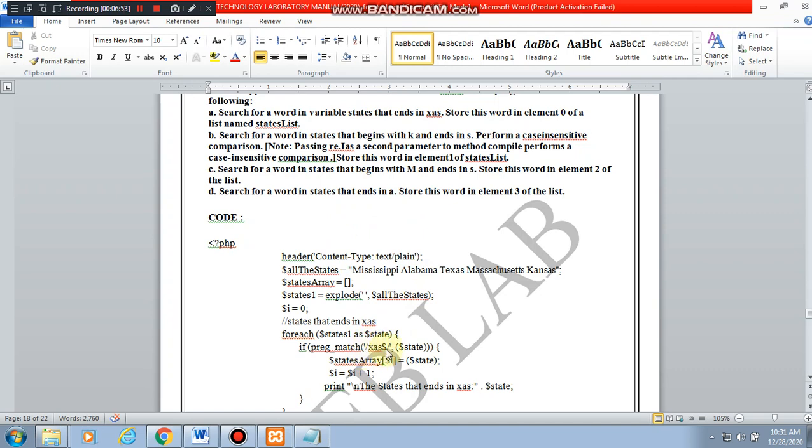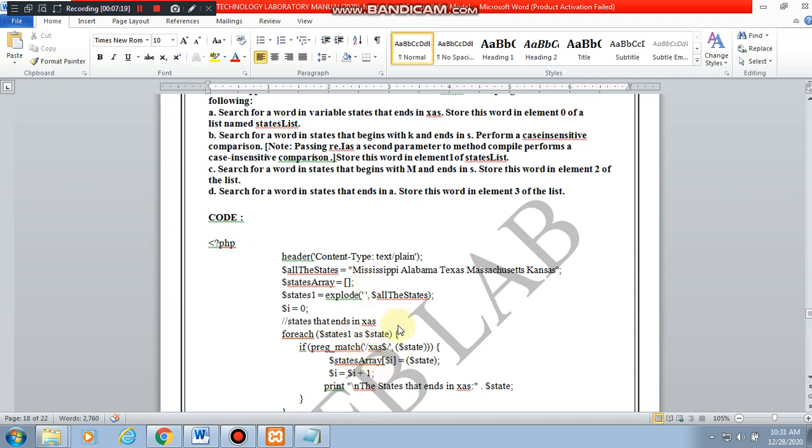So the pattern is enclosed within the two forward slashes, and the pattern says that the word should end with XAS. So it is written as XAS dollar, saying that it should be at the end. This has to be searched and stored into the first element of the array, right? So you are framing another array which is already declared as empty, $states array.